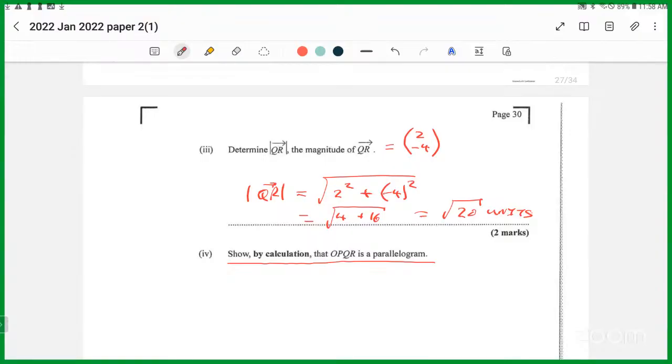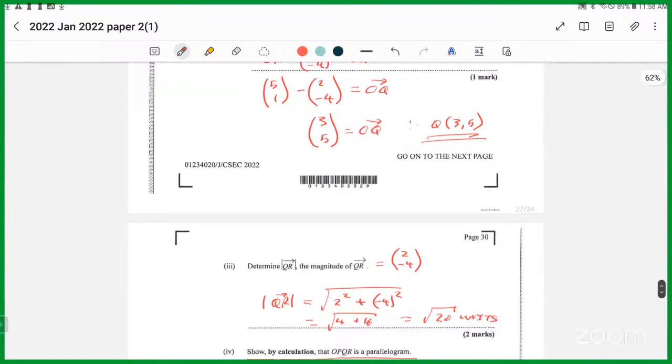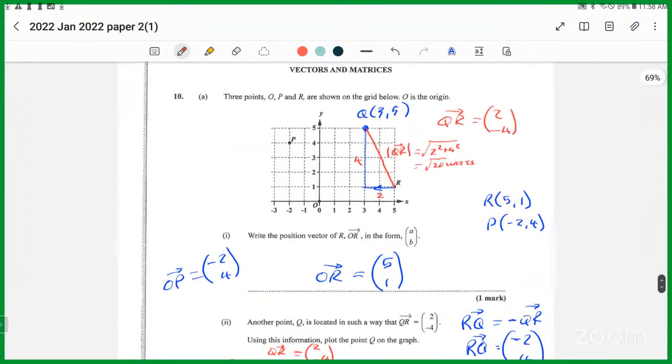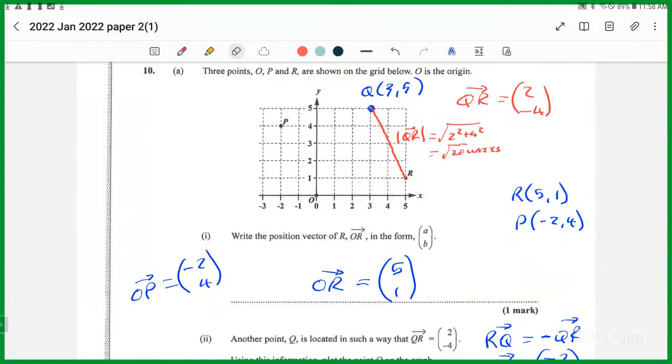So let's look at it and see what we have to show. So OPQR. Let me sketch it for you. So O right here. So we're talking about this parallelogram here. What are the opposite sides? OR and PQ are opposite sides. So if you are to show that OR and PQ